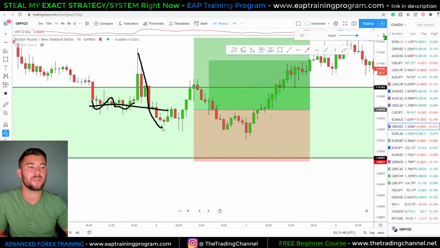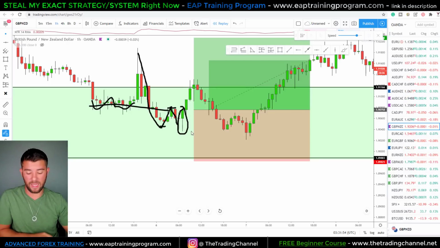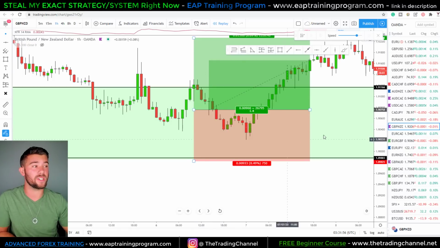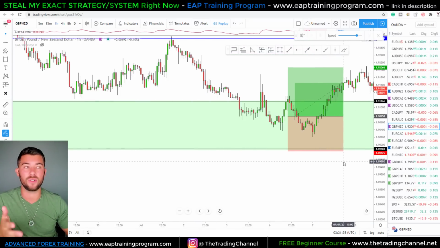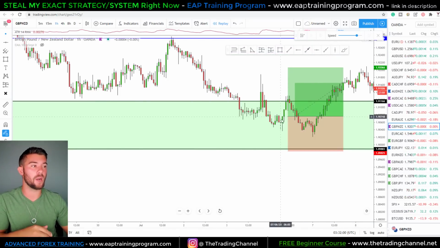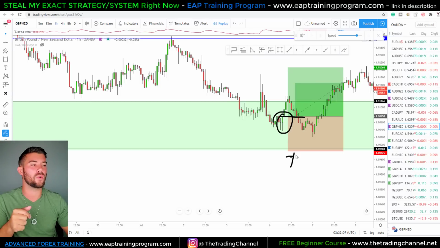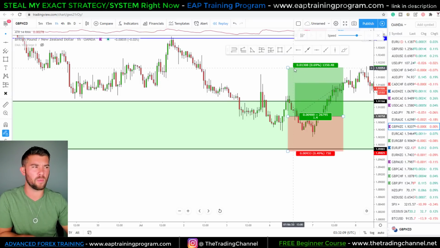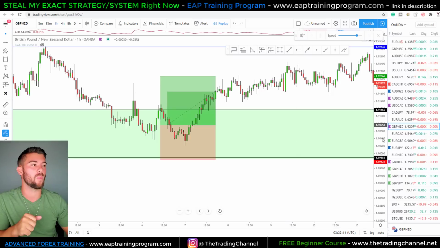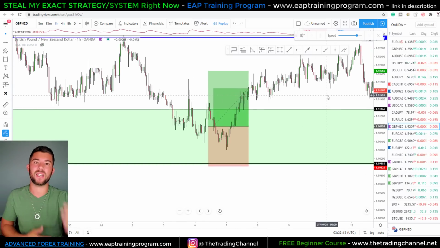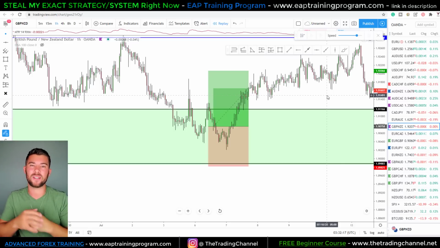But here we have a bottom. We have a neckline created. We have a double bottom and a green candle. With that being the case, I would have a long position, or actually this was a trade I took. I had a long position coming off of this green candle right here, opening the position. My stop loss went right under my zone, and I had a 1.4 or 1.5 to 1 risk reward on this trade. So that's the entry reason,